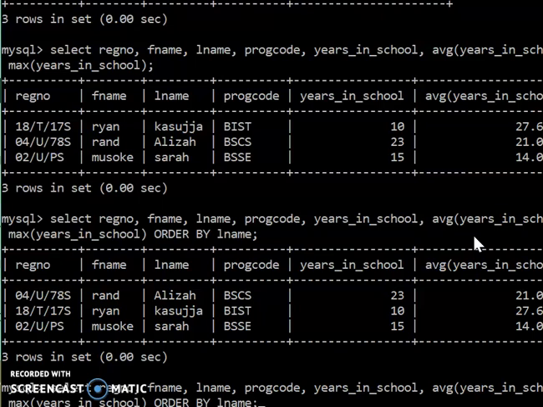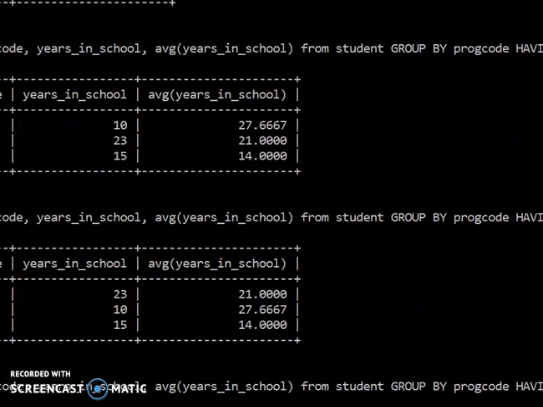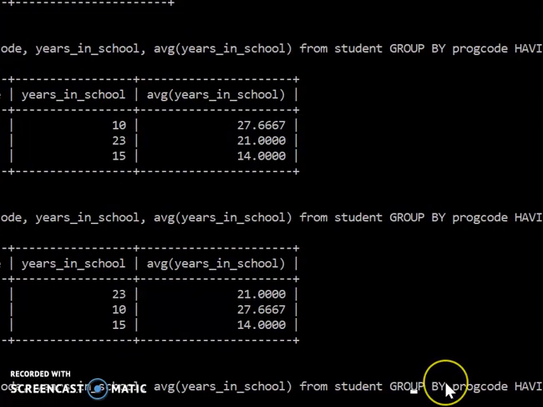last name, I can say where. Where's the where clause? From student, where, okay. So here we are, from student, where, sorry, wrong place. From student where